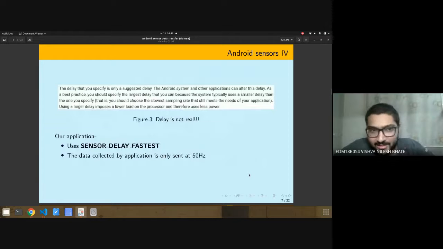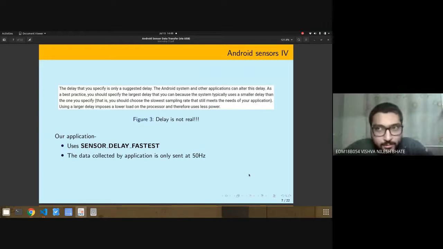Now here's the catch. The delay is not real. This is a snip which I took from the Android documentation. The delay that you specify is only a suggested delay, and the application or the system can alter this delay. As a best practice, you should specify the largest delay that you can, because the system typically uses a smaller delay than you specify.